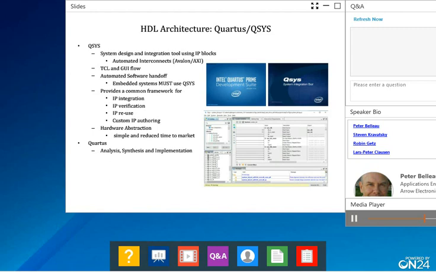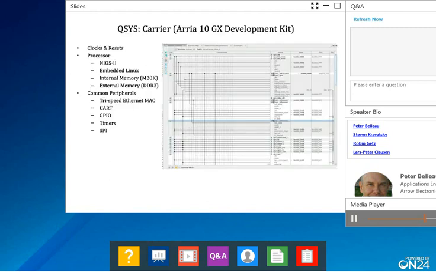This QSYS snapshot shows the embedded portion of the reference design. Components have been selected from the standard IP library and use horizontal and vertical lines to represent their interconnects. Clocks and resets are wired from their sources to sinks on ports of all of the components. The processor portion is comprised of a Nios 2 soft RISC processor running Linux.